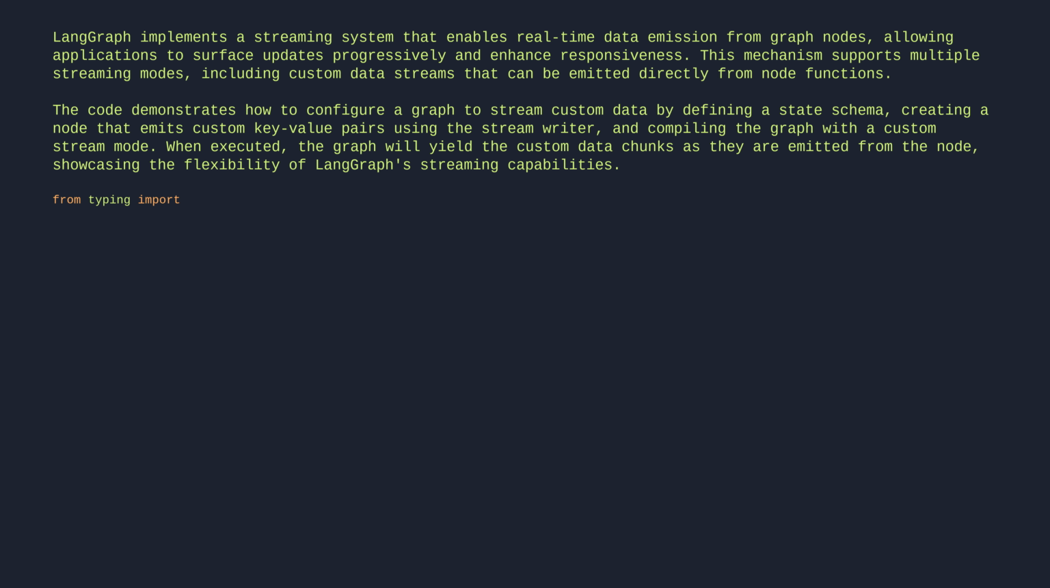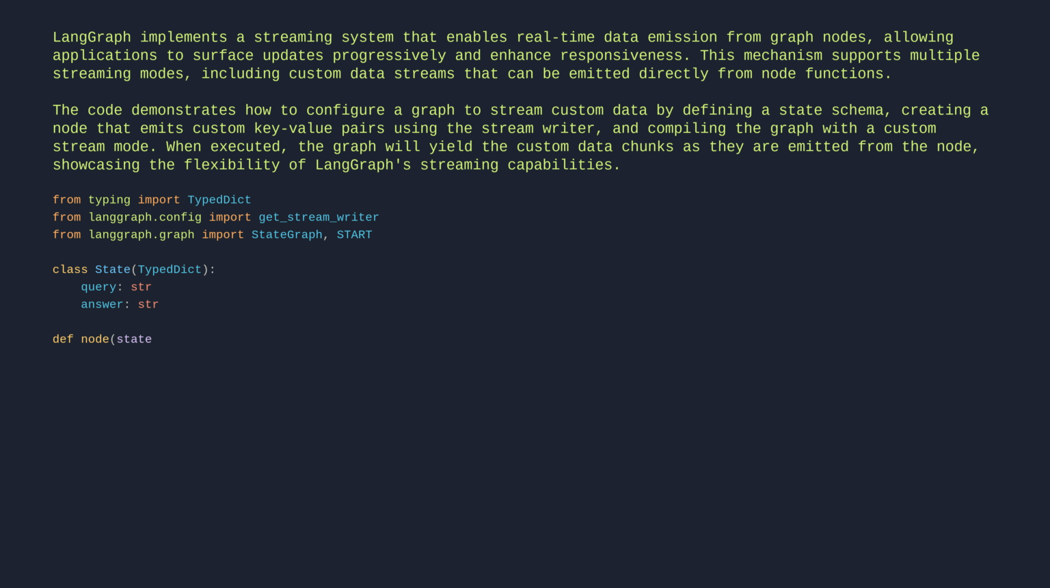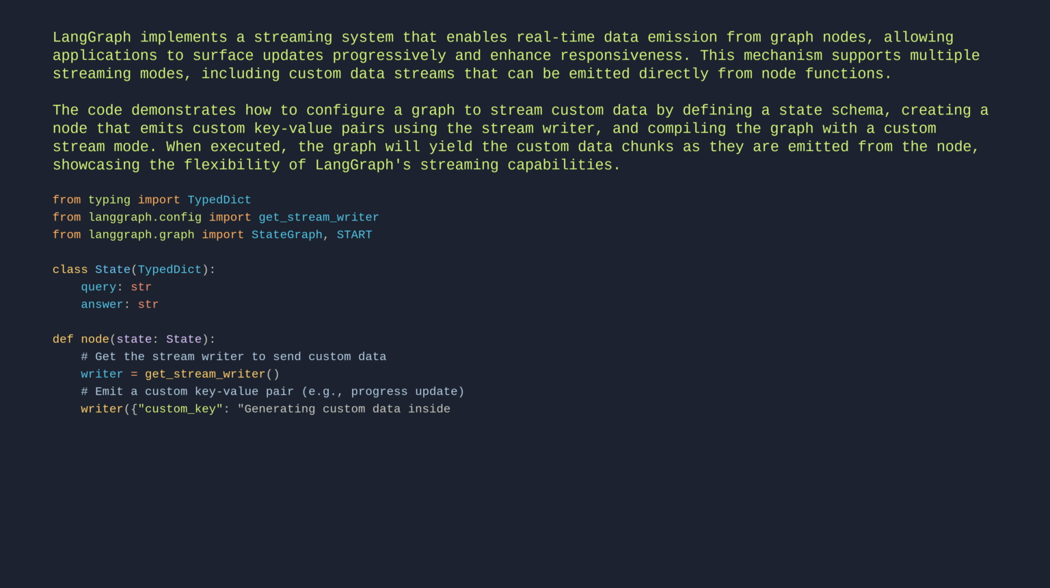From typing import TypedDict. From langgraph.config import get_stream_writer. From langgraph.graph import StateGraph, START. Class State(TypedDict): query: str, answer: str. Def node(state): # Get the stream writer to send custom data. writer = get_stream_writer(). # Emit a custom key-value pair, e.g., progress update. writer(custom_key, "Generating custom data inside node")